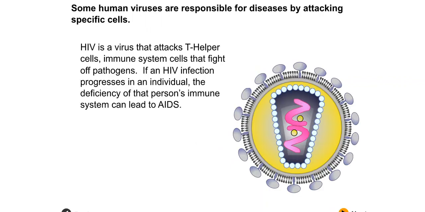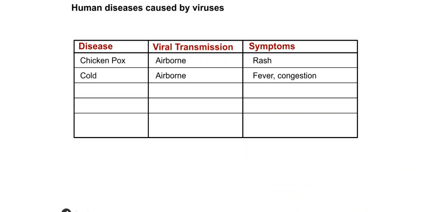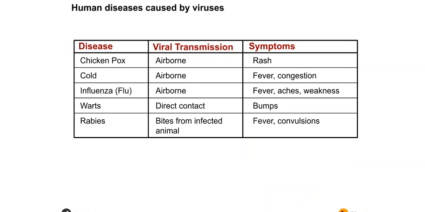Some human viruses are responsible for diseases by attacking specific cells. For example, HIV is a virus that attaches to T helper cells of the immune system that fight off pathogens. If an HIV infection progresses in an individual, the deficiency of that person's immune system can lead to AIDS, acquired immunodeficiency syndrome. So, some human diseases caused by viruses are: chickenpox is caused by airborne transmission, the symptom is rash;